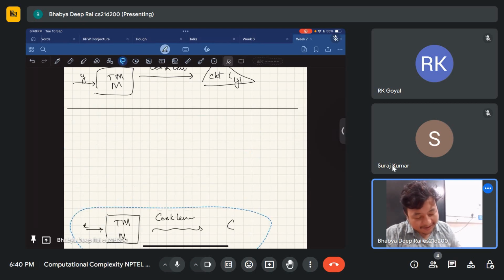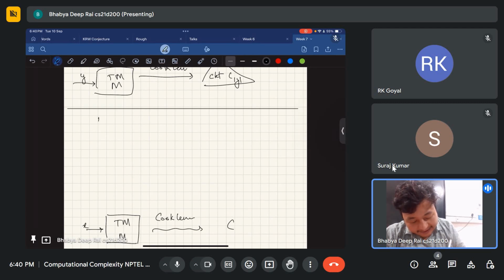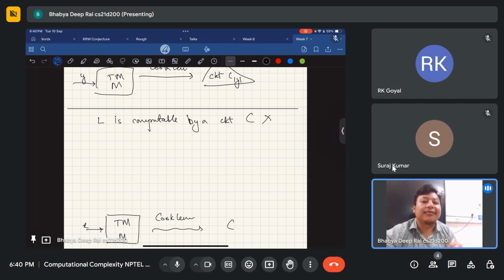Making a lot of mistakes today. So before I come to this, you always say this term. You don't say L is computable by a circuit C. This is wrong,